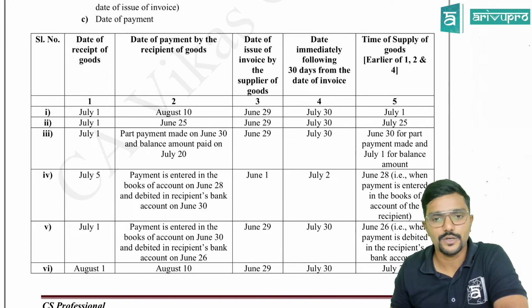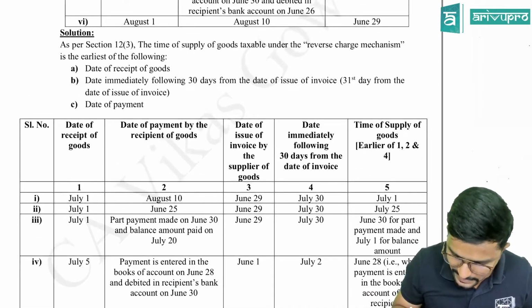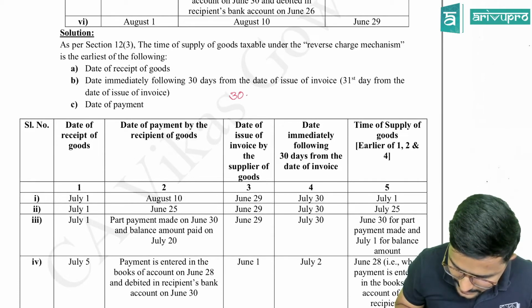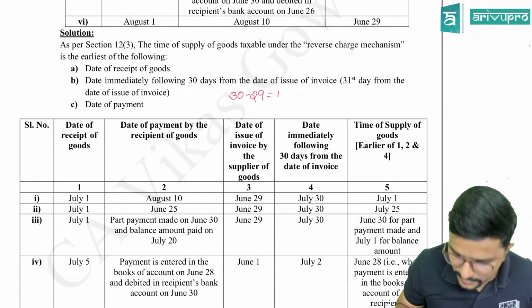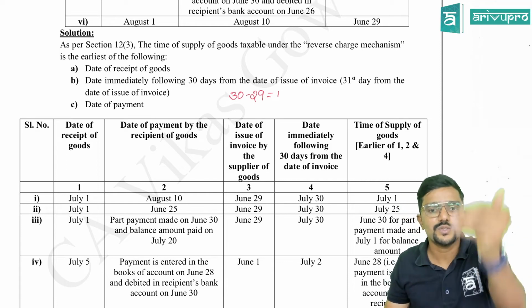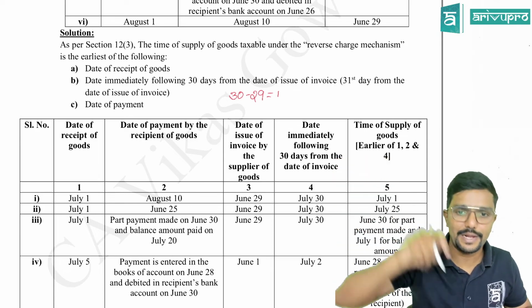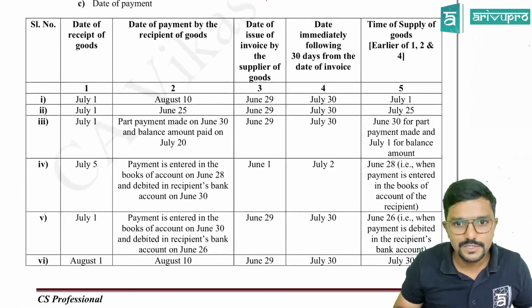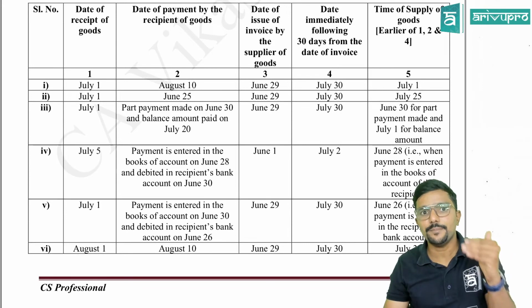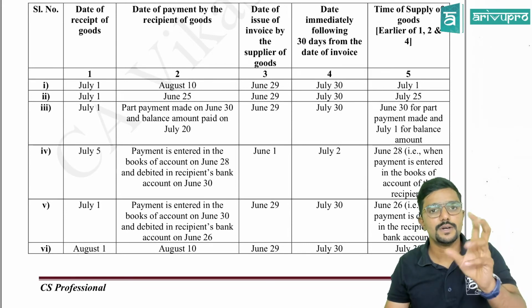But should we take it? No. We have to take the 31st day. How to count it? Simple, guys. How many days in June? 30. Minus 29, so you got 1. You want the 31st day, so remaining how many days? 30. So 30 days of July. So the 31st day will be 30th July. Okay, sir. This is how you will calculate. Okay, you try practicing calculation of days, guys. Keeping these solutions, try to calculate.